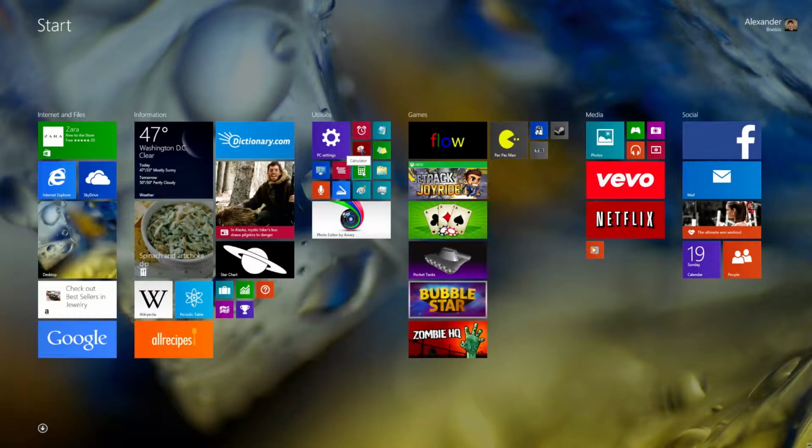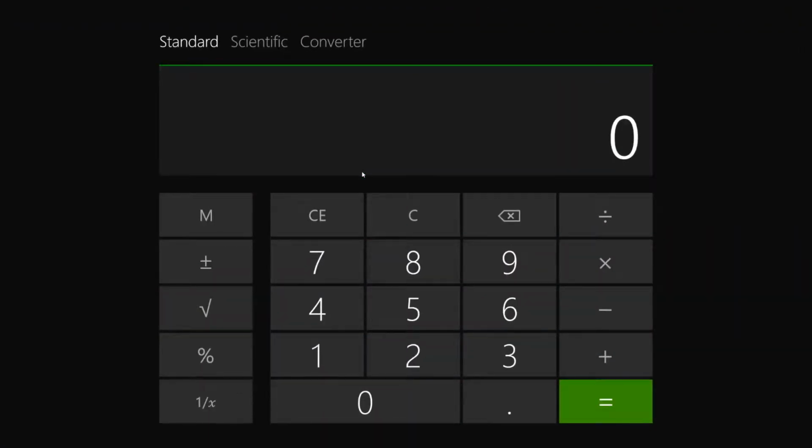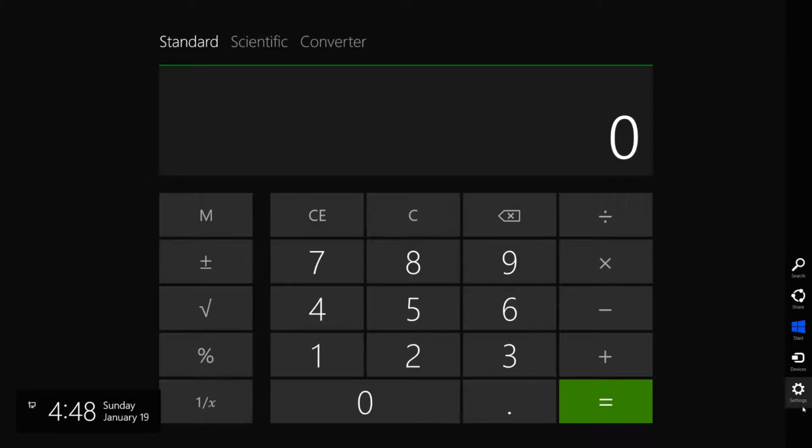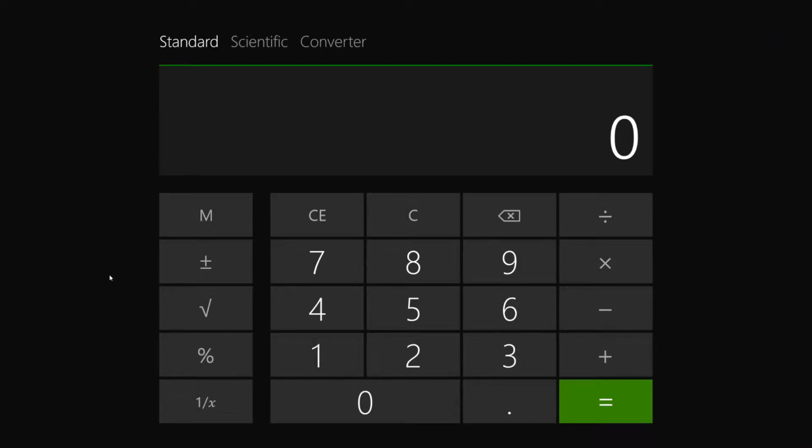So I'm just going to tap on the calculator. Of course, you could also access this from your All Apps screen by just hitting that arrow and finding the calculator in your list. So I'm going to go to the calculator right now. And from here, we see the different types of calculators at the top. Now, as far as settings go, you're not going to really change much in this. You can look at the permissions and rate and review it, but other than that, it's plain and simply a